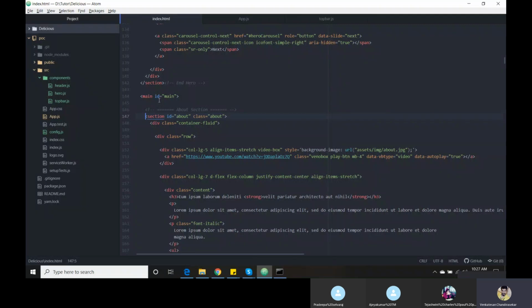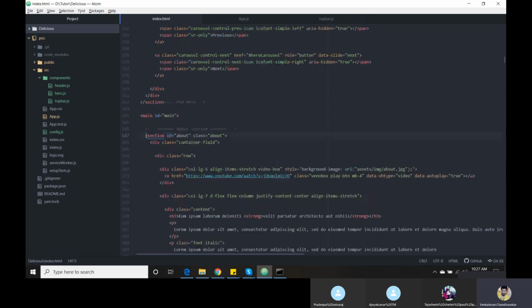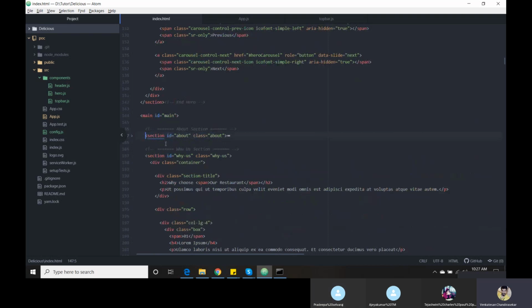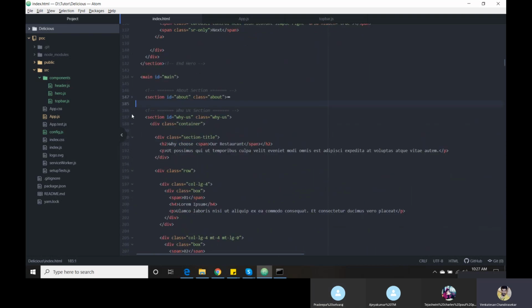That's the reason we need to check what the components are under main. This is for the about section. If you click here, it will close. Then we have the why us section.